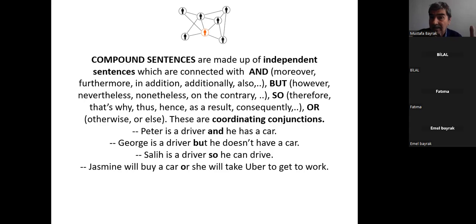Instead of saying and, you can easily say moreover, furthermore, in addition, additionally, also, besides. Of course, you can just use and. Instead of but, we will use in the advanced level, for example, however, nevertheless, nonetheless, on the contrary. Instead of so, therefore, that's why, thus,